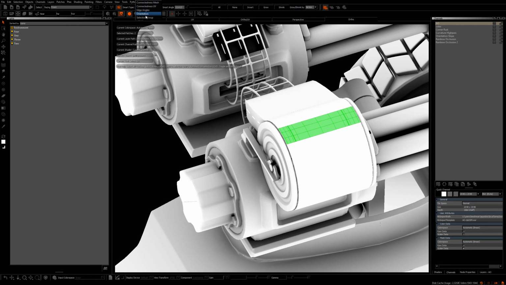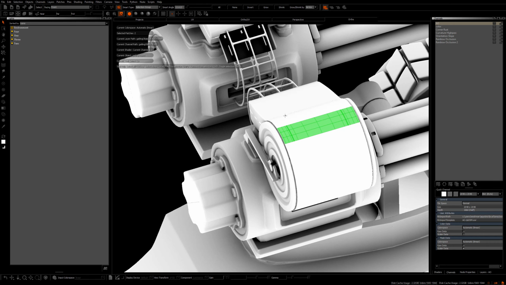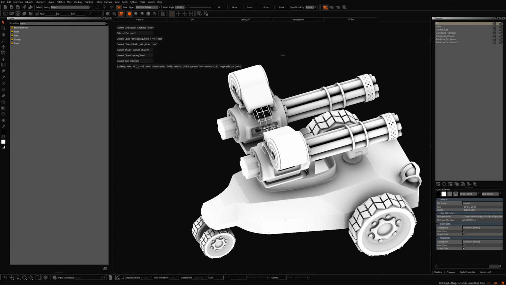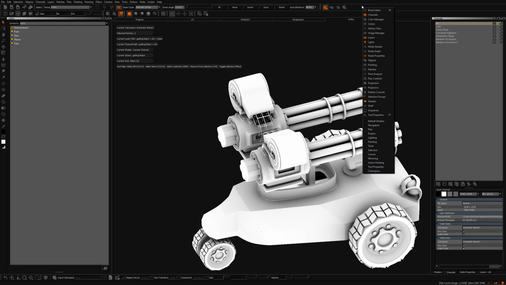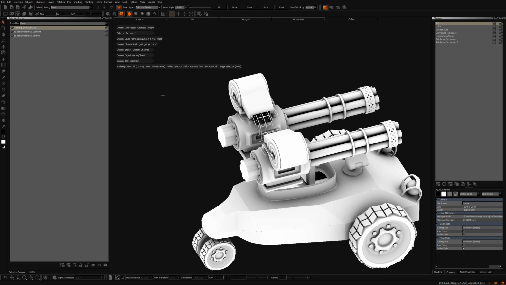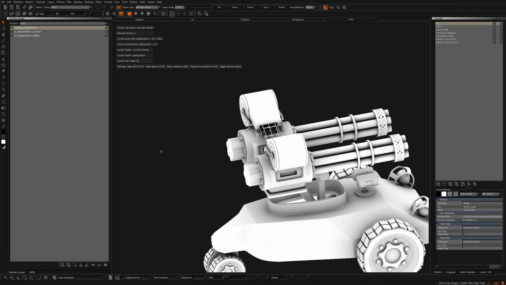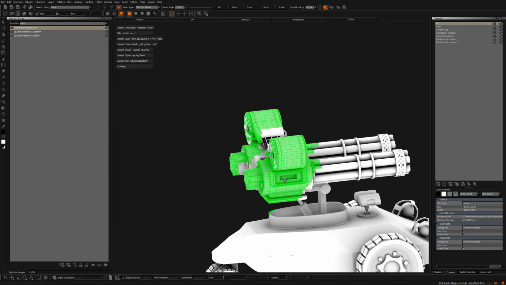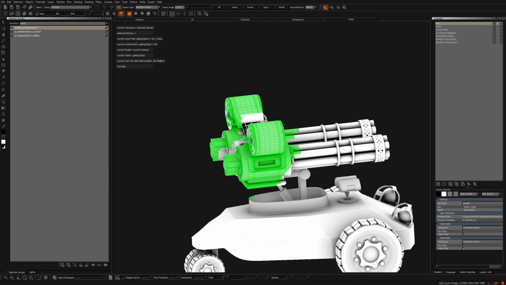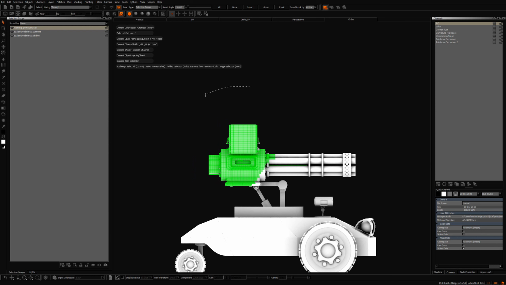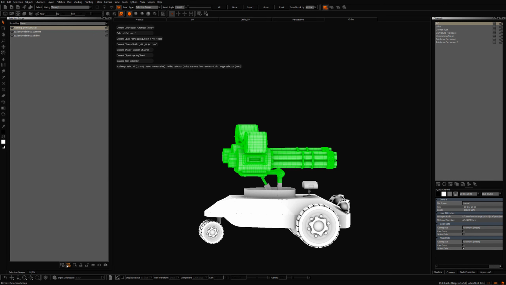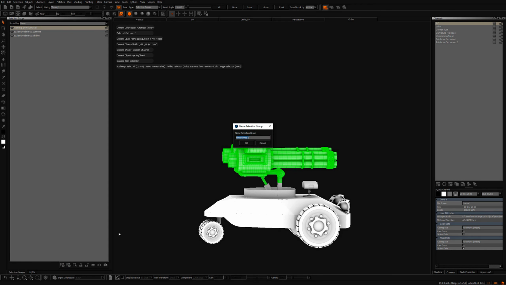And selection group. I don't have any selection groups at the moment. So let's make one. Selection groups. So if you make a selection, anything, let's say you want to select those faces, and then you can hit the plus button down here. I can name it